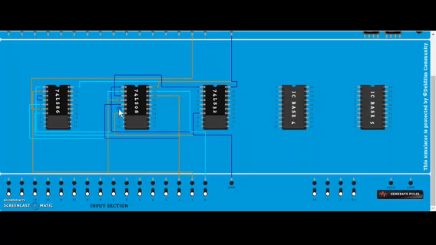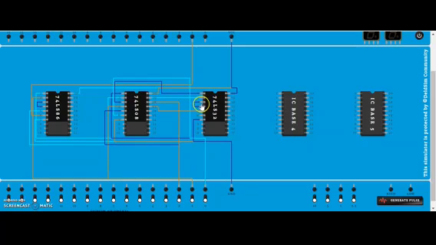Second output 6 will be connected to this 2, and the third one, this 1 and 8, again an AND gate, its output is connected to this 5, and similar to it, this is AB and BC,